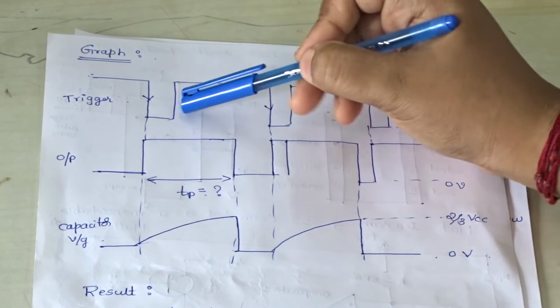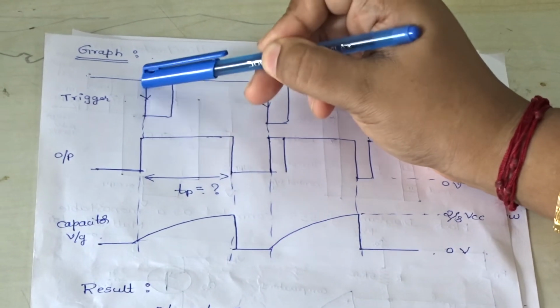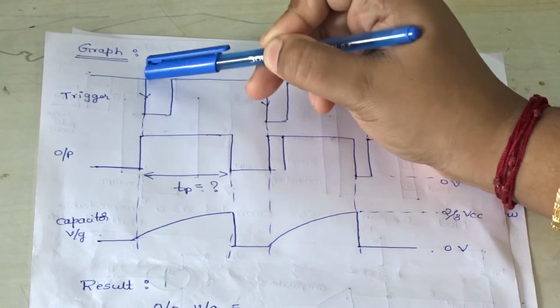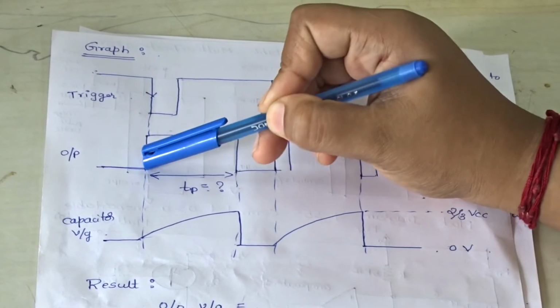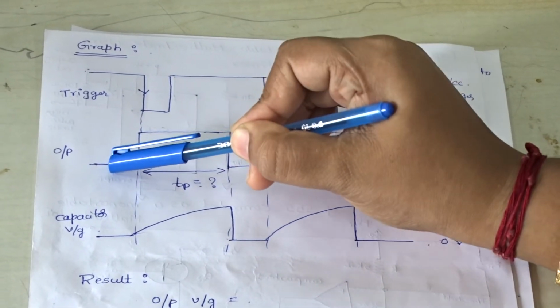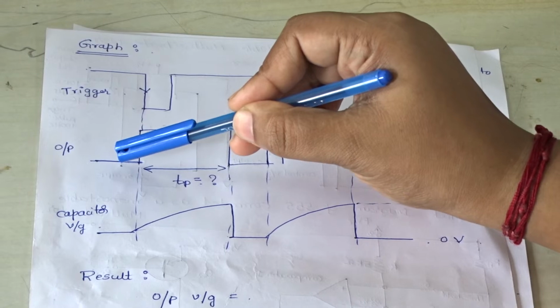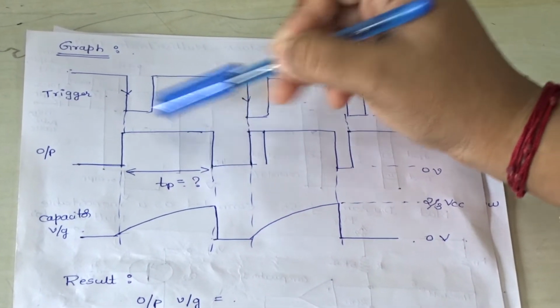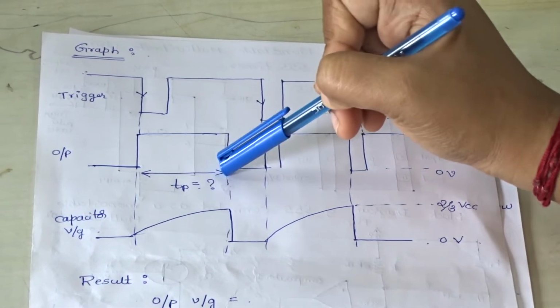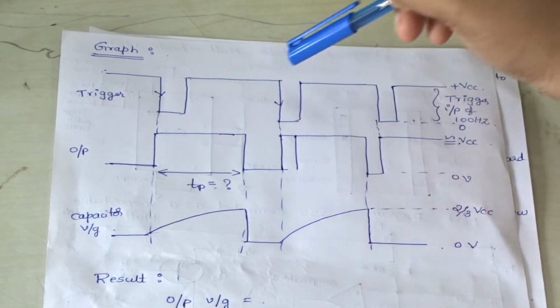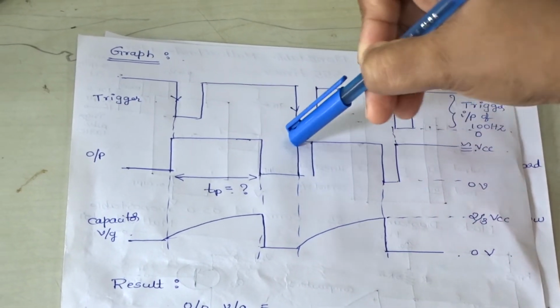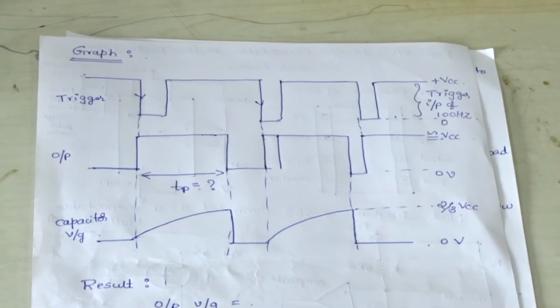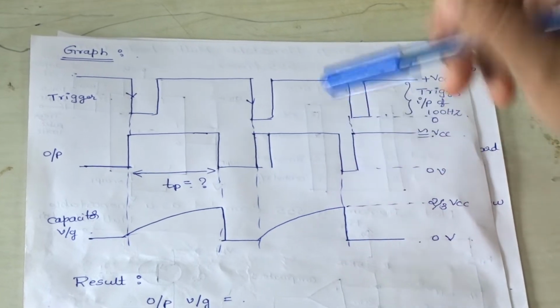Okay, and for the negative triggering, as you can observe here, the arrow mark is downwards, which indicates negative triggering. For the negative triggering, the output of the monostable multivibrator changes from low to high, and it will remain in the high position for some time. After some time it will go back to 0 again. For the next negative edge, we are going to get the output waveform something like this.